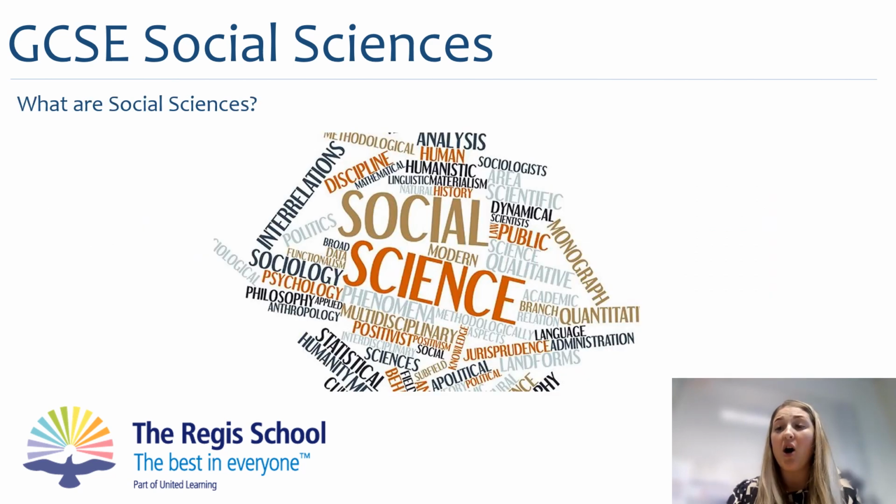So the question that we get asked all the time is, what are social sciences? It's something new that students haven't studied before, and often the first thing that people would like to know is what they are. So social sciences is a term we use when referring to GCSE psychology and GCSE sociology. This is because they're both considered life sciences, or the study of humans. GCSE sociology is the study of society and the people in it. We look at research that aims to answer our big questions about society, and we also complete our own research and run our own research projects as well, in class and around the school.